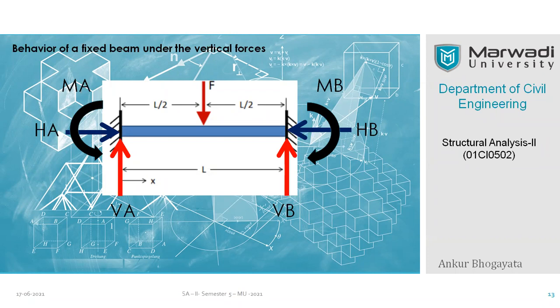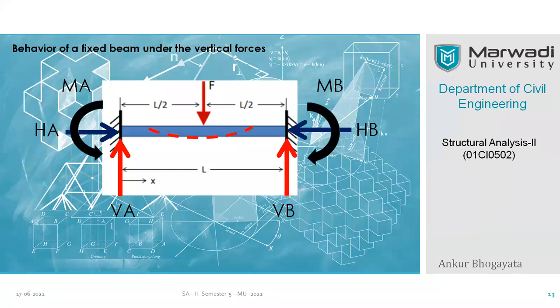And in parallel, as I said earlier, we are going to use the concept of superposition. That means first you segregate the structure and then you rejoin the structure. After segregating, you can analyze the structure as simply supported and then you can rejoin them together. How to do that, I'm going to explain in the next slide. But before that, you just see that this is the deformation of the beam.